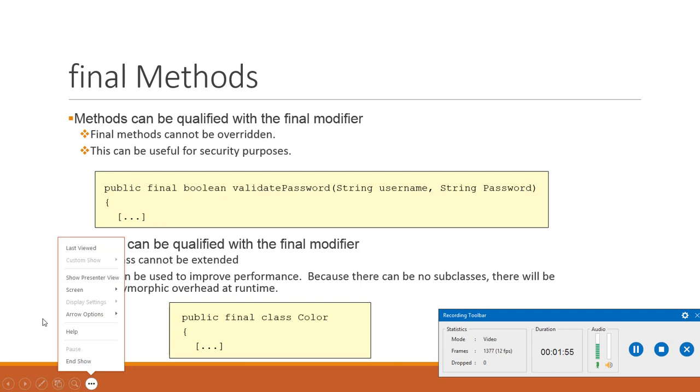So for example, if you have declared a method show in the parent class like private void show, you can declare the same method as public void show in the child class. You can change the permission from private to public, but you cannot change the permission to make it more restricted in a derived class. You can always change the permission from private to public, but you cannot change the permission from public to private.